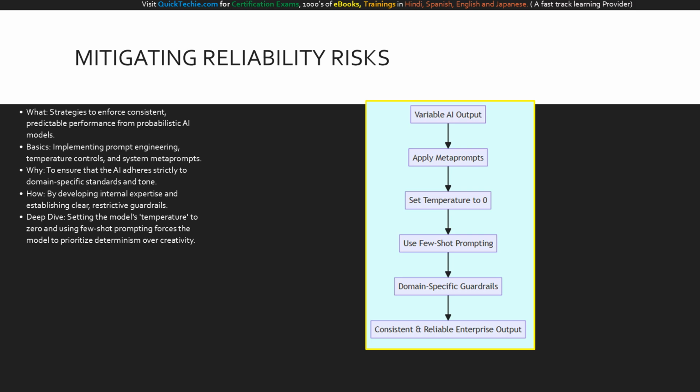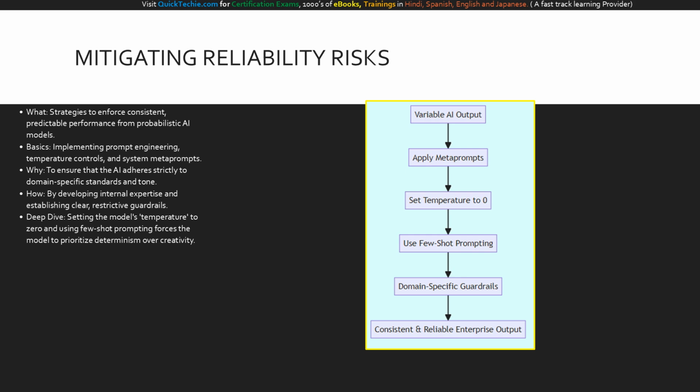We then pass through use few-shot prompting, which provides the model with exact templates to mimic. Finally, the data flows through domain-specific guardrails to catch any remaining anomalies. The culmination of this stringent pipeline is the final node, consistent and reliable enterprise output. By implementing this step-by-step constraint system, you effectively tame the generative engine, ensuring it performs with the reliability required for